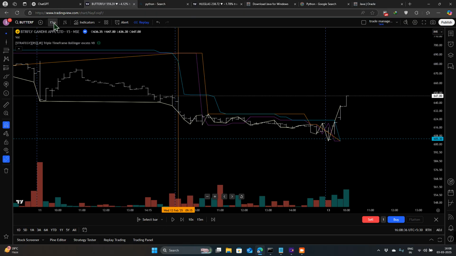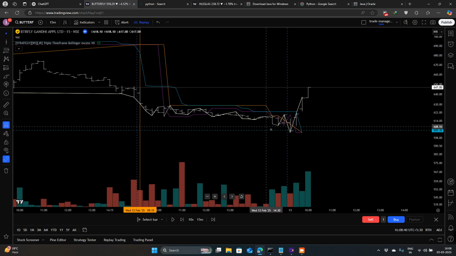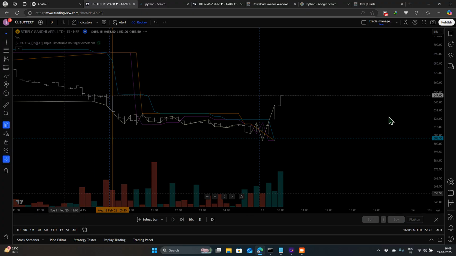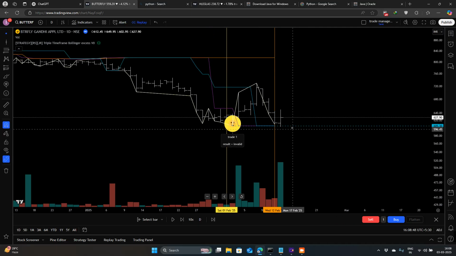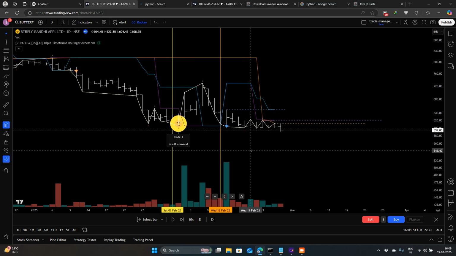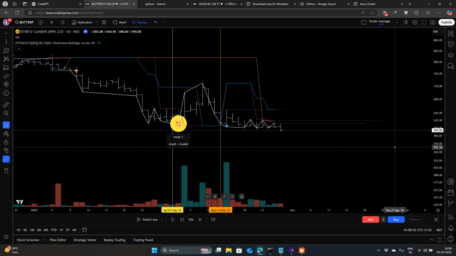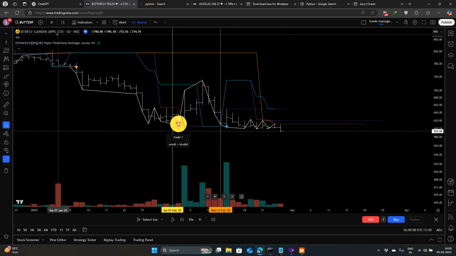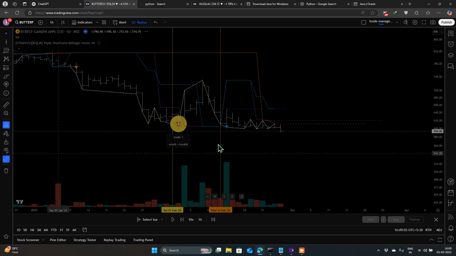Okay, I hope you're understanding. If you're not, it doesn't matter, because I have to understand this. So this would have been an invalid trade. Let's come again to the daily time frame. It would have been invalidated. So the trade was invalid. It was not even a trade. This was just to show you how powerful my strategy is. So even from here till here, let's see what happened from here to here.